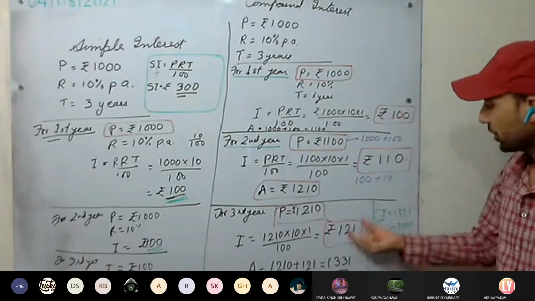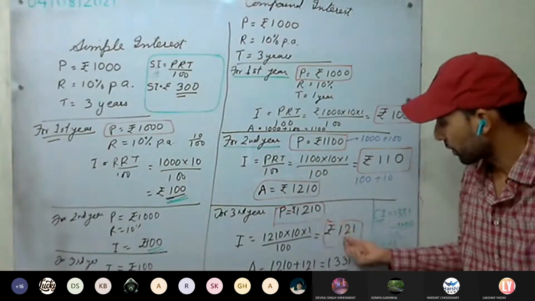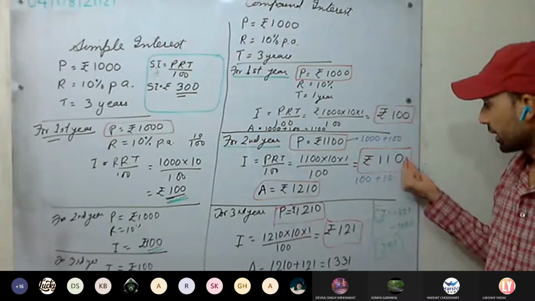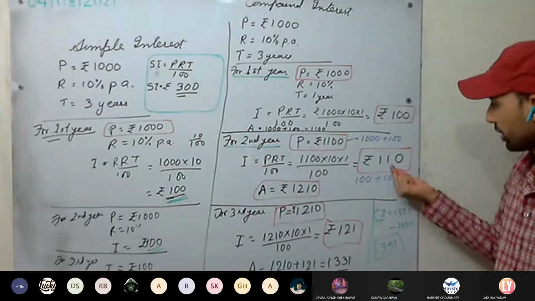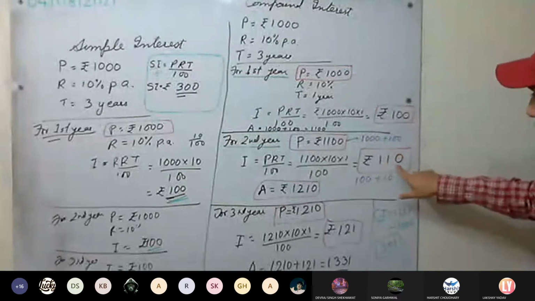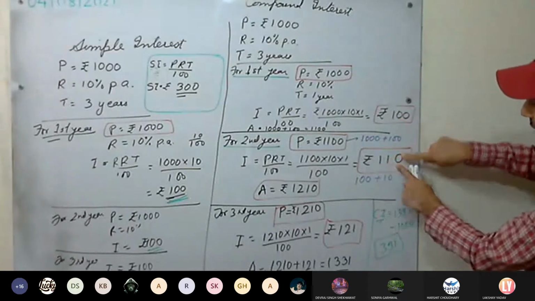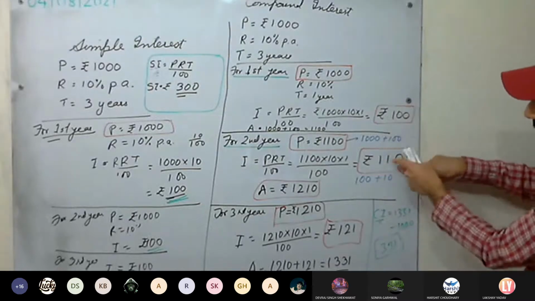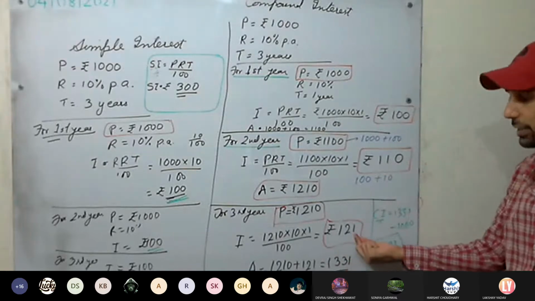So see here, on 1000 rupees, we have 100 rupees. But there is interest on this as well, and we got that as well. 11 rupees was the interest on this one. So see here, the interest on this was 10 rupees, we added it to get 110. Now what is the interest on this? 11 rupees. Add this to get 121. So we are calculating interest on interest as well each year. That's why we are getting 121 interest.